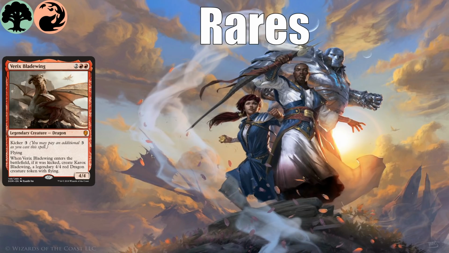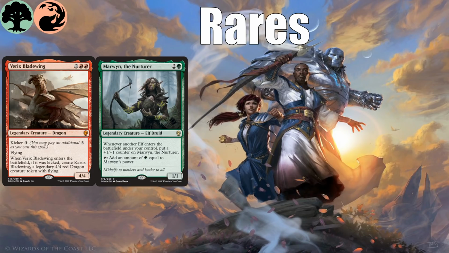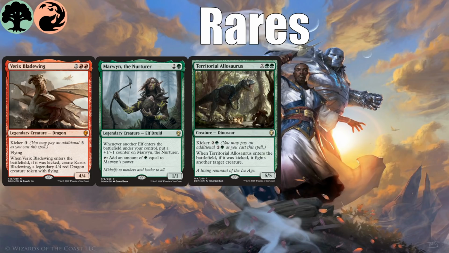He's good at any stage of the game, but if you can ramp into him and make the 2 dragon tokens, or the 2 dragon creatures, I should say, he's great. Marwyn the Nurturer is good here because she helps you ramp, and because all green decks have a chance at having lots of elves in them, but the decks that are interested in ramping will run more elves because, like,